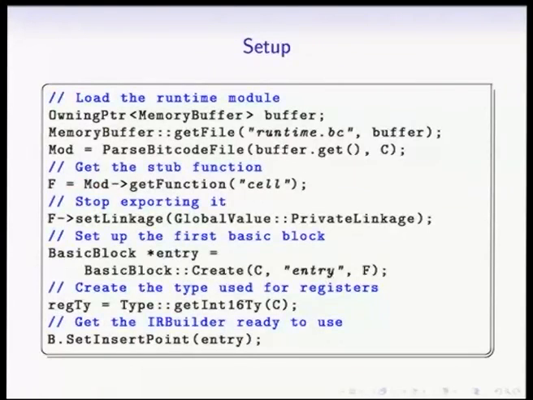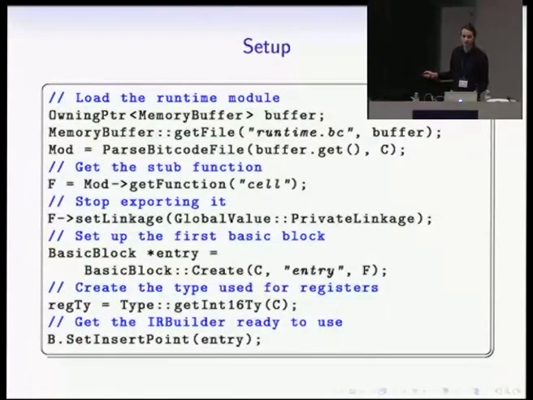So this is stuff that you'll see in pretty much any compiler for a small language using LLVM. We're actually cheating a bit when we construct the LLVM module. Rather than constructing one the normal way with constructors and create functions and stuff, we grab a memory buffer containing the contents of the bitcode that we compiled with Clang, the little runtime library, and then just say parse that. So we're actually taking a copy of the code that we compiled with Clang, and rather than linking in with it, we're just using this as the skeleton for our new program. Does that make sense to everyone? Okay, I see slightly confused faces, but not everywhere.